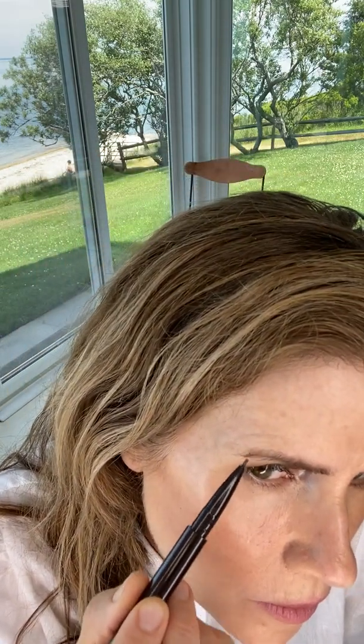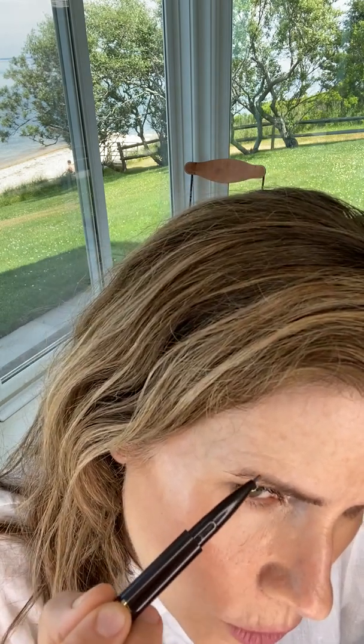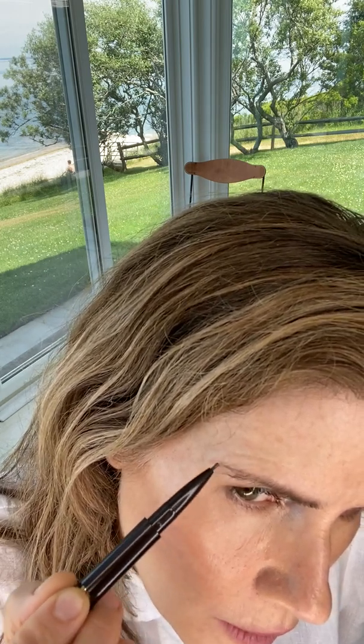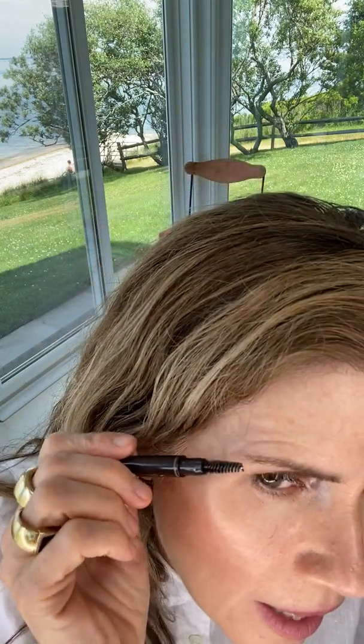And then, when we get to the outer edges of our brows, it's a little bit tricky because it's an awkward angle. So you're kind of having to have peripheral vision. You almost need your eye to be over there to be able to see really well on yourself. But this goes down a little bit too much to me. So I like to look at the shape and make it a little bit longer and a little bit thicker. But I don't want it to be pointy, and I don't want it to be noticeable really that I have